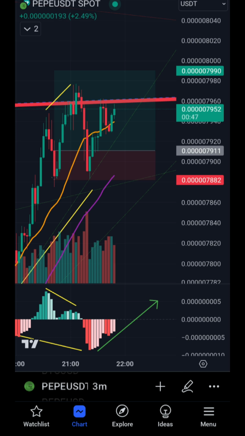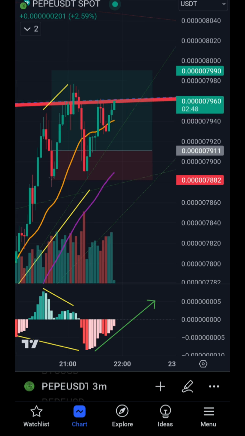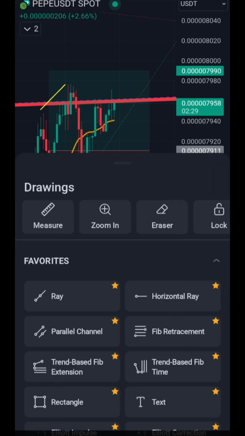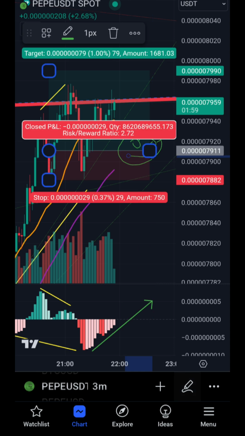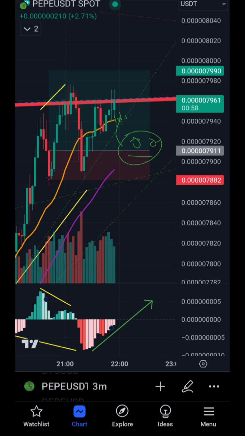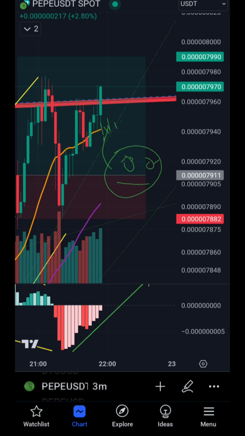So this is third attempt. Again trying to reject, but it's persisting. Fourth attempt. Again. Look how much time it needs to cross that line. And now we go. Faking out. Now I get bored and do some drawings here. Trying to hold up the price. And little by little we will come to our